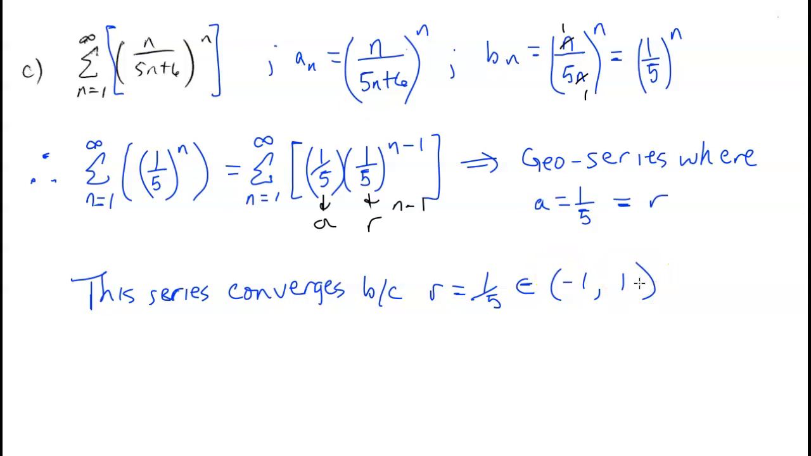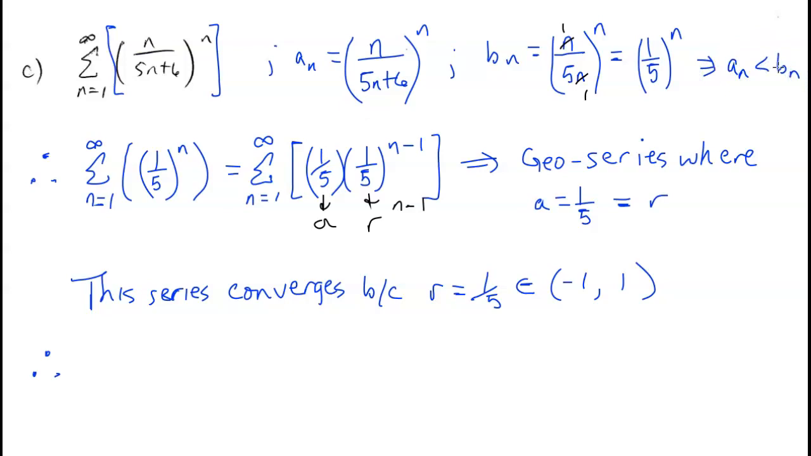So in other words, 1/5 is in between -1 and 1. So we know that it's a geometric series that converges. Okay, so because of that, we know that in this case, and I forgot to write this,